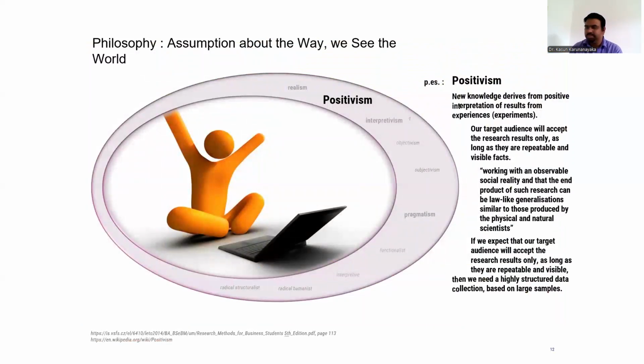So in positivism, we derive new knowledge from positive interpretation, which means we think that our target audience will accept the research results only as long as we can repeat the experiments that we do, and then we can show there is repeatability in our work, right? In other words, we can do some kind of quantitative measures, and we can show that this works, right? For example, you develop a new computing algorithm to solve a problem,